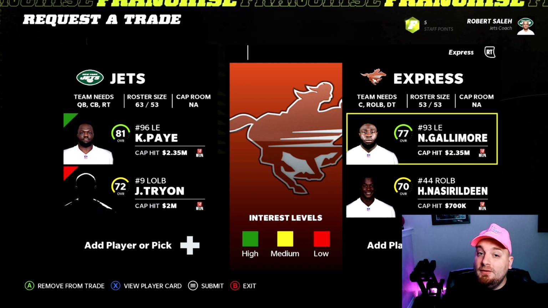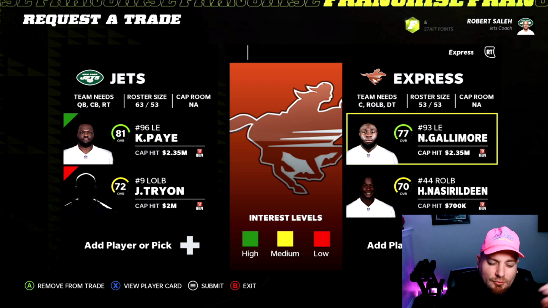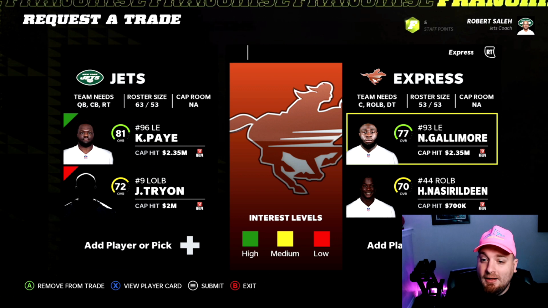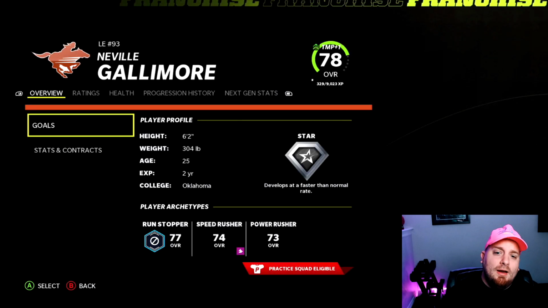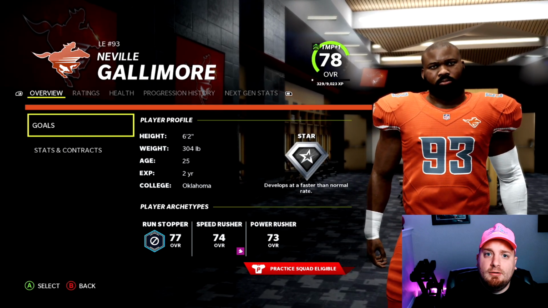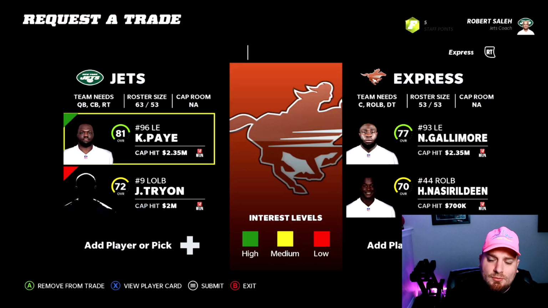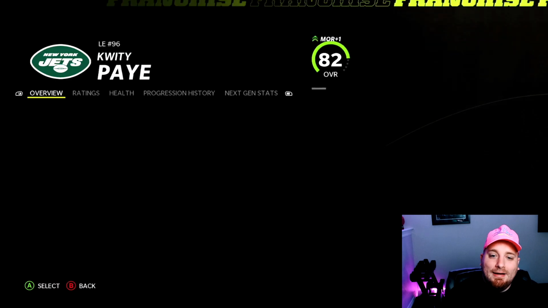So I made a philosophical decision: we're not cheesing. This is no trying to skew and blur the lines between positions. I made an effort here to try to improve our run defense by moving Neville Gallimore. It's not like I'm moving a nose tackle to defensive end, and I think he could improve. And then I also decided to use +4 of that upgrade to get Kwity Paye, who